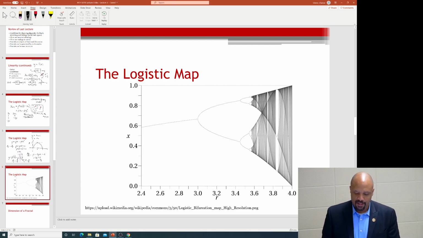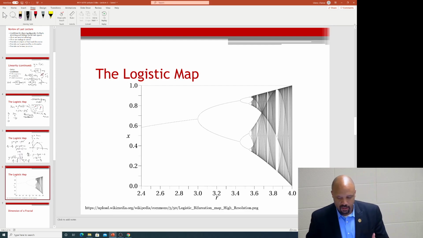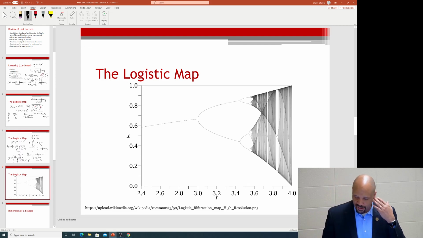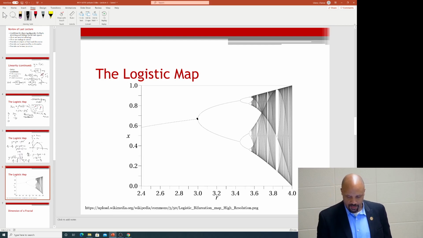Well, this is basically saying that if you make rho a certain value and then you start to iterate this, where is it going to land and stay? So this is very interesting. As you start turning up the number on this, the settling values start to go up at 0.6. And then right about here, a little bit beyond 3, or maybe right at 3 or so, the value that it settles on splits.